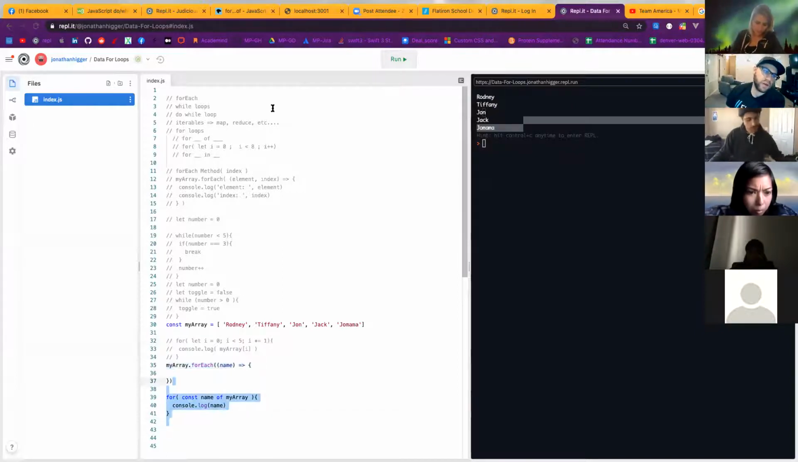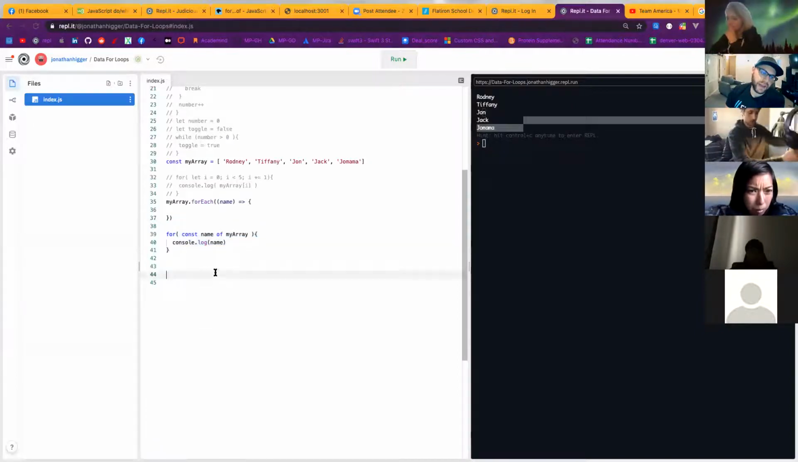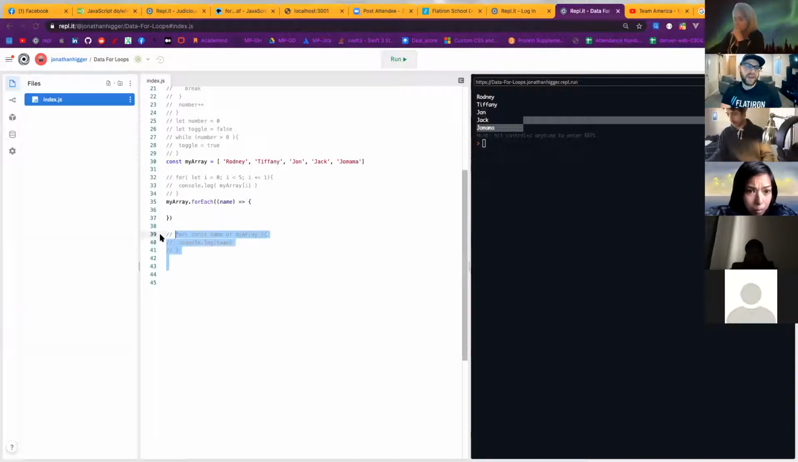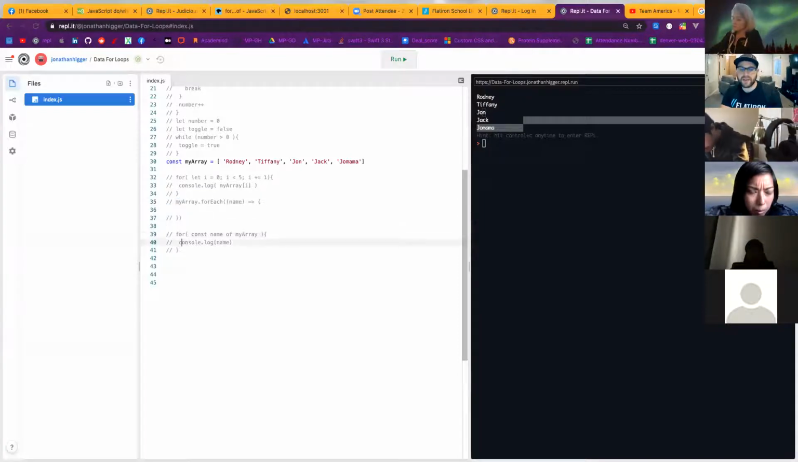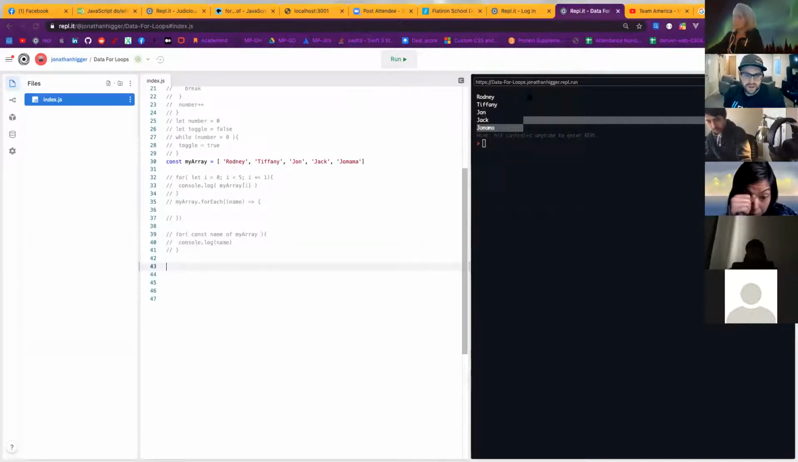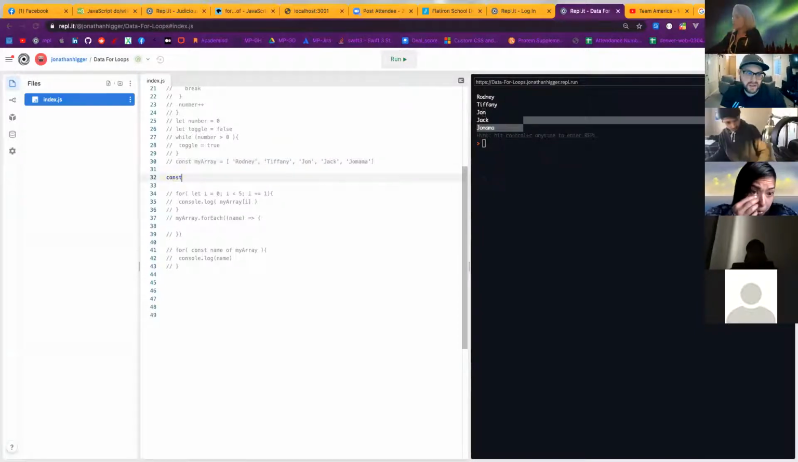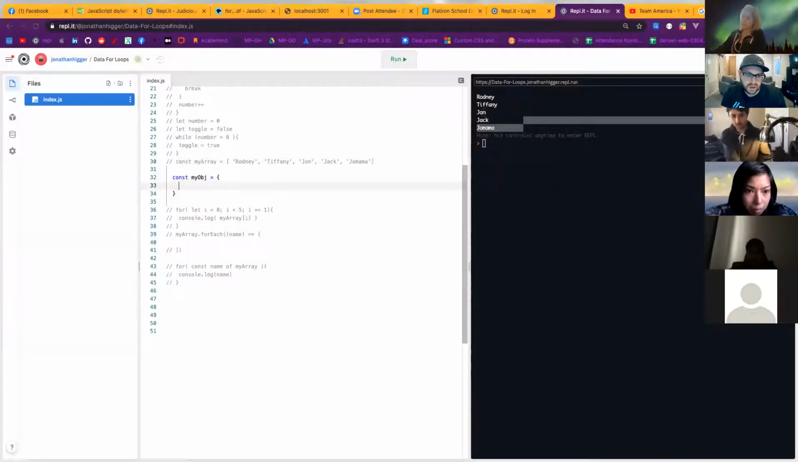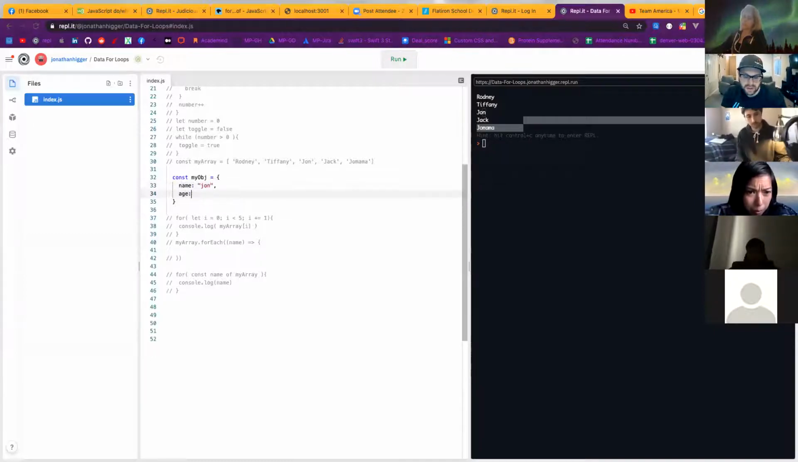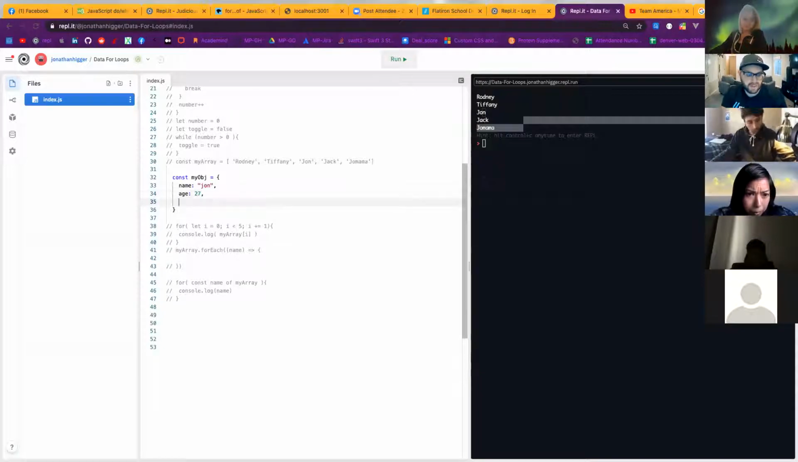Lastly, you can also loop through a hash, I'm sorry, an object in JavaScript as well. So now let's make an object. Let's say const myObject equals, I don't know, we'll say name is going to be John, age is going to be 27, pets is going to be an array,